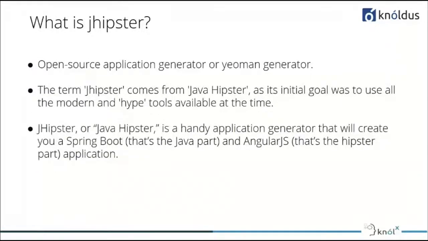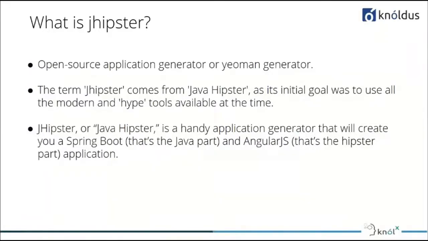So starting with, what is JHipster? JHipster is an open source application generator. By the term application generator, we mean that it generates an application for us, and it is open source. So we can say that JHipster is a free application generator which creates an application for us for free. JHipster allows you to develop and deploy a Spring Boot and Angular web application. JHipster also allows you to build a web application with a microservice backend.